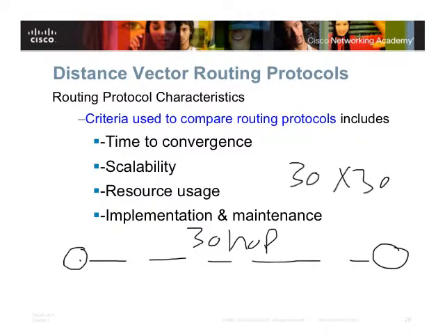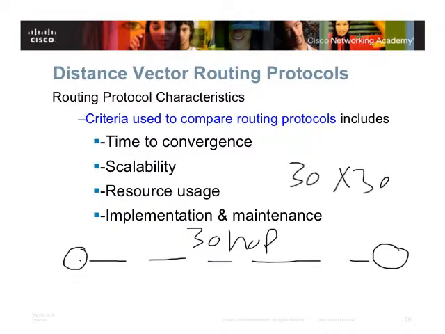If we talk about link state routing protocols, even though the title does not include them, as we said, these criteria apply to both. Then the resources used become even worse. They consume more resources. Why? Because you have to store information about every single link in the entire network.